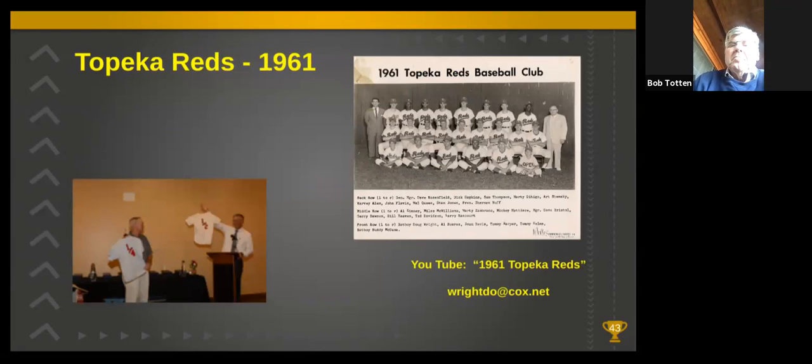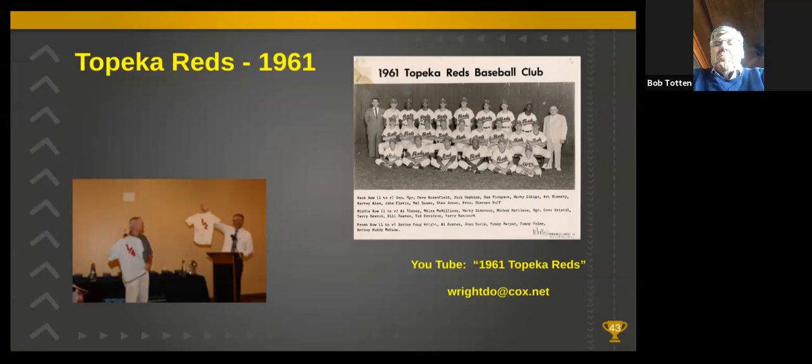And Dave Rosenfield asked me if I had a buddy who I could get to help me out and serve as bat boy for the visitors. I said, well, yeah, I do. In fact, his name's Buddy McCune. And so in the photo of the 61 Reds, there in the front row, way on the left, sitting down is 12-year-old me. And on the far right is Bud McCune. And we served as the bat boys for that year.